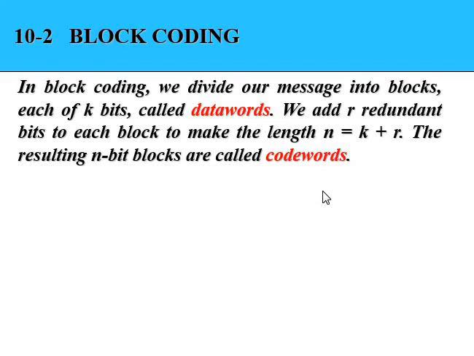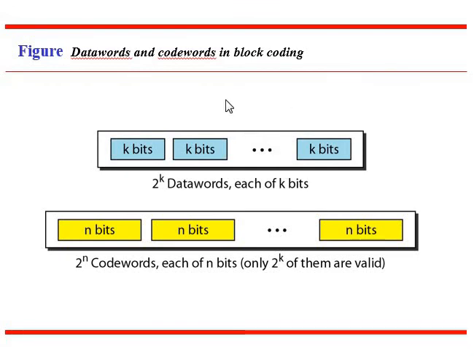So here we get the equation n is equal to k plus r, where n is the total message, k is the number of message data word bits and r is the number of redundant bits added to the original message. So that will form n, that is the code word. This is the example for data words and code words. A k bit message will be there at first. We divide the complete message into k bit blocks, then we add some extra bits, that is redundant bits, and then it will be n bits. The message is ready for transferring the information.